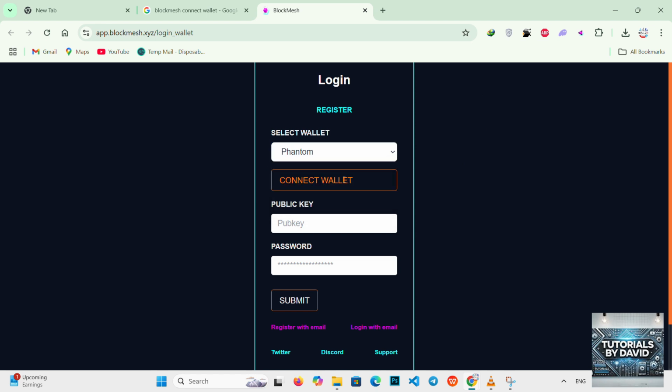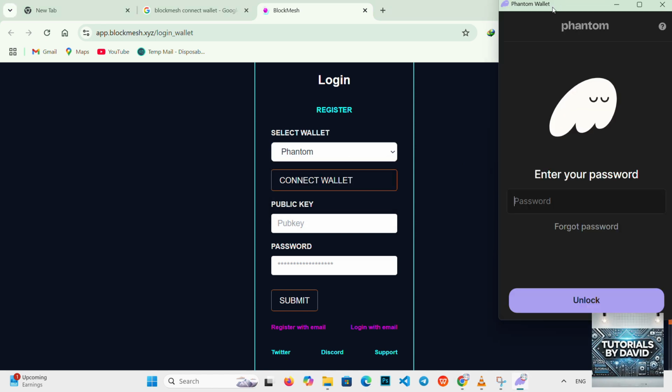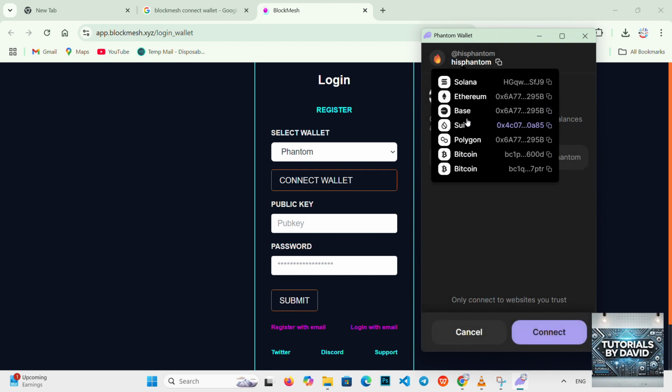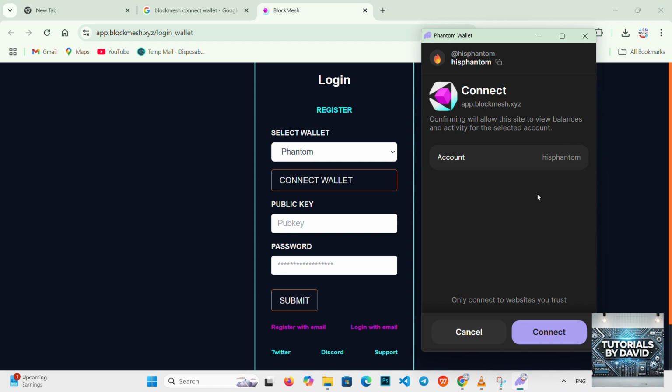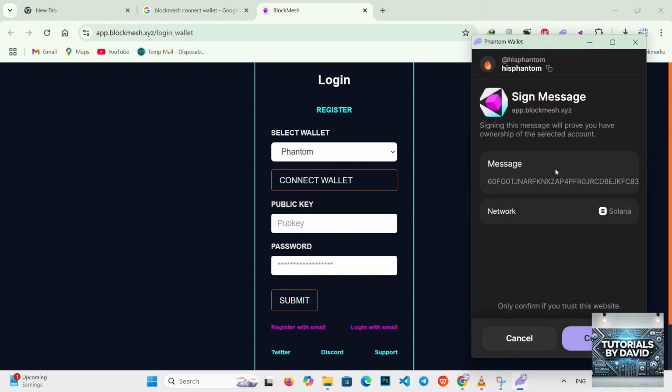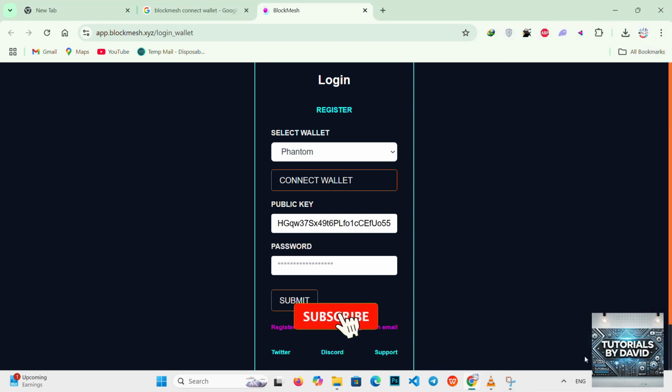Click that and it will prompt you to choose a wallet. If you're on desktop and using Phantom, just confirm when the browser popup appears. If you're on mobile, you might be directed to your Phantom or Solflare app. Just approve the connection. Once approved, Blockmesh will instantly link your wallet address, and you will be able to view your on-chain identity, submit data, join nodes, and even contribute to missions if they are available